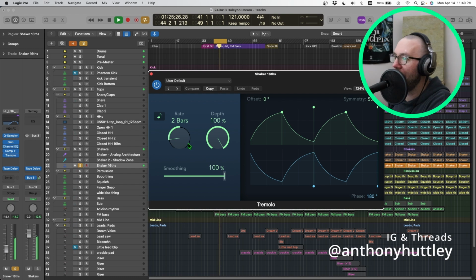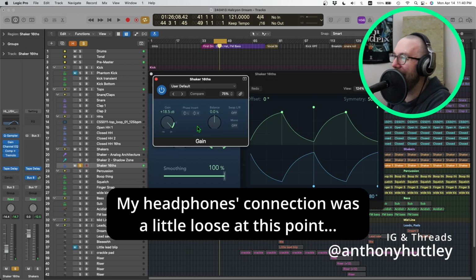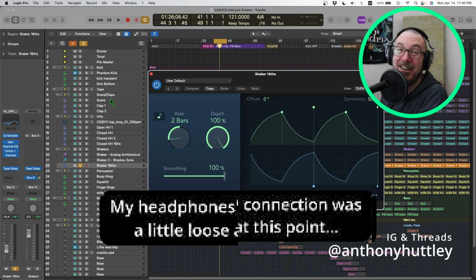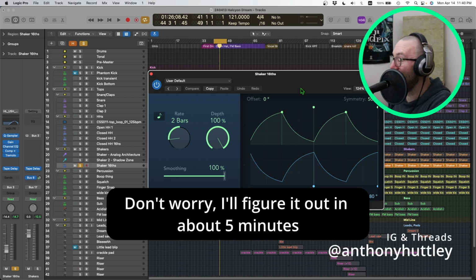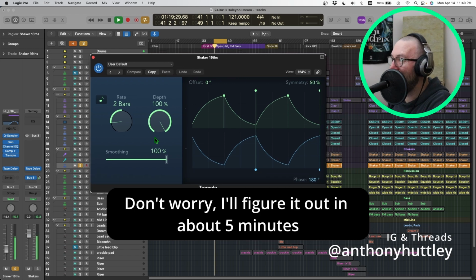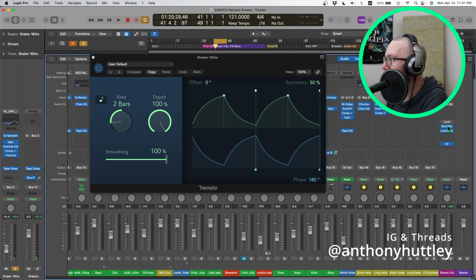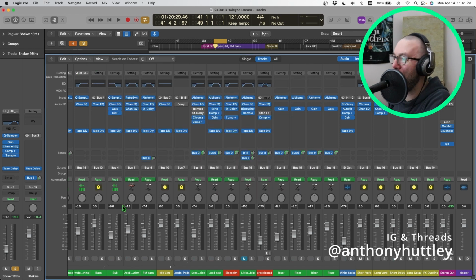Why is that not panning? It used to pan. Damn it, what happened? Okay, so it's not panning. That's not panning. It's supposed to be panning. What happened? Hang on, let me check something. Over here. I must have a mono switch going on somewhere there. I don't know where. Anyway, that